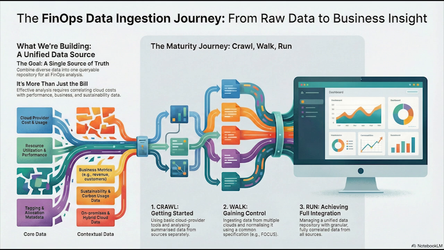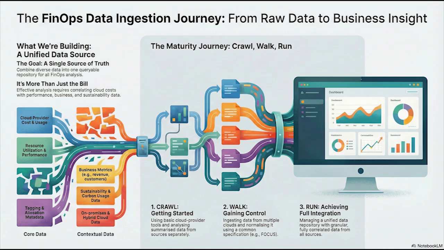Let's start at crawl. Okay. If you are listening right now, and you're still downloading raw cloud reports and using VLOOKUPs in spreadsheets to connect cost to a team. Which sounds painfully familiar to a lot of people. It is. If that's you, you are squarely in the crawl stage. You're relying on the native cloud tools, you're looking at summarized data, and the key thing is you're analyzing data from different sources separately. So if I want to know the cost of product X, I'm manually digging through 3 different systems, using tags, and then adding it all up myself. You got it. The tags let you do some correlation, but it's a manual, error-prone process. Yeah. It takes a ton of effort just to get a high-level picture.